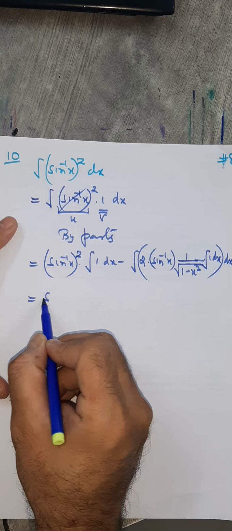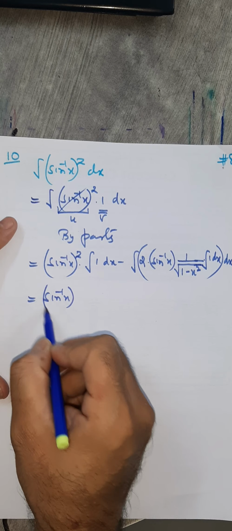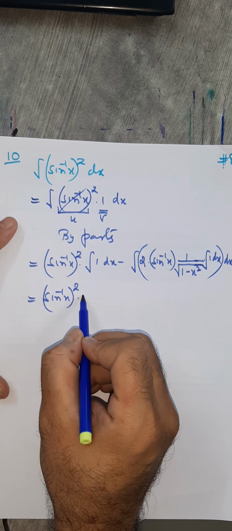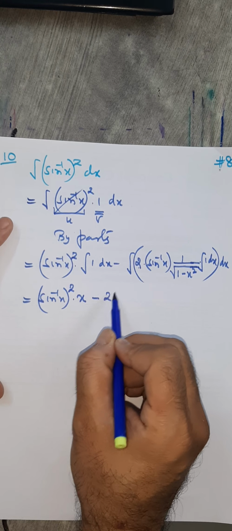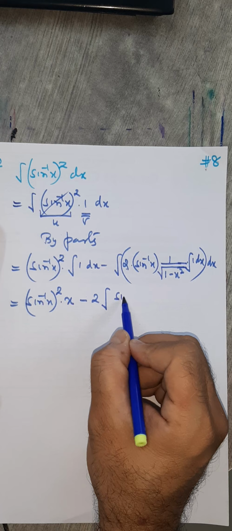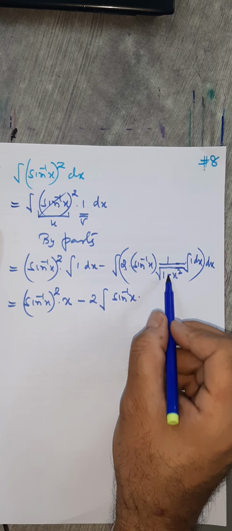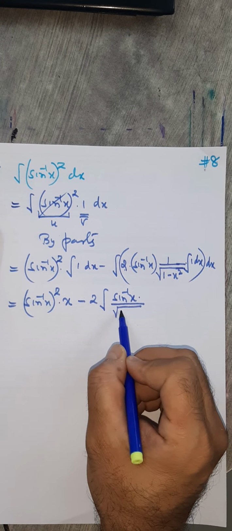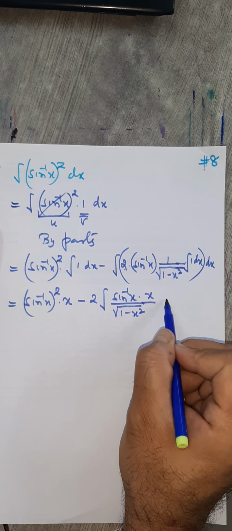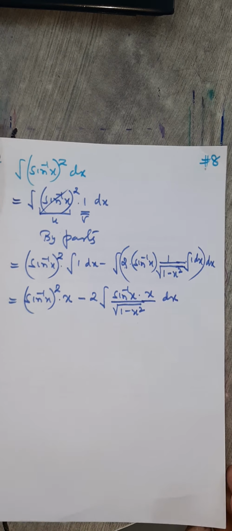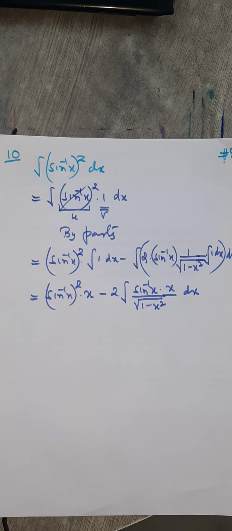So here this one as it is, sine inverse x the whole square. What's the integral of 1? x. Minus 2 being constant, I'll keep it outside. Here sine inverse x as it is upon root 1 minus x squared as it is, integral of 1 which is here x dx. I repeat this portion. What I did is here,